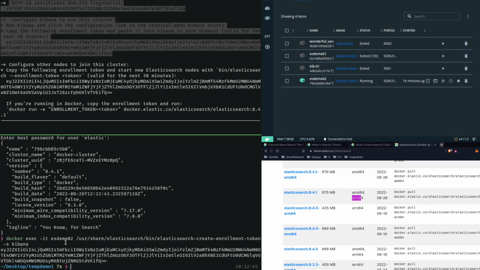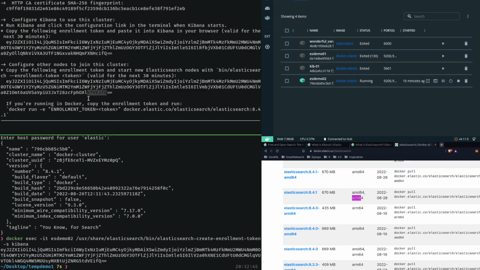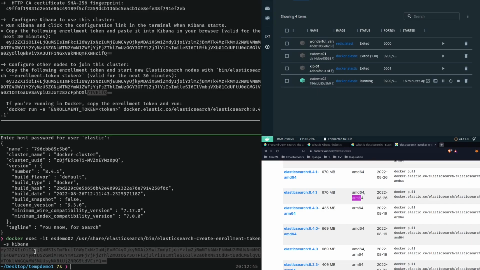And now we generated a new token, and you realize that this is not the same token as the one up there. It's most obvious if you compare the last few digits. You say this is OXLVTVE, and there is no such string in here, right? Even though the last few look the same, IFQ is there, EIFQ is there, but if you compare the strings that come before it, then it's different. So I'm just going to copy this as well, because now that we created a new token, we want to use that token,